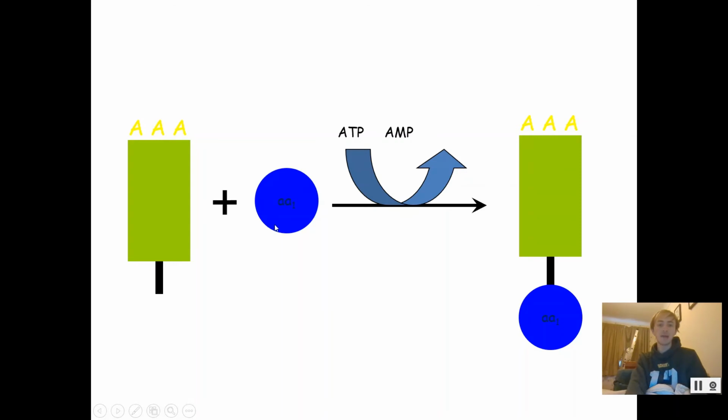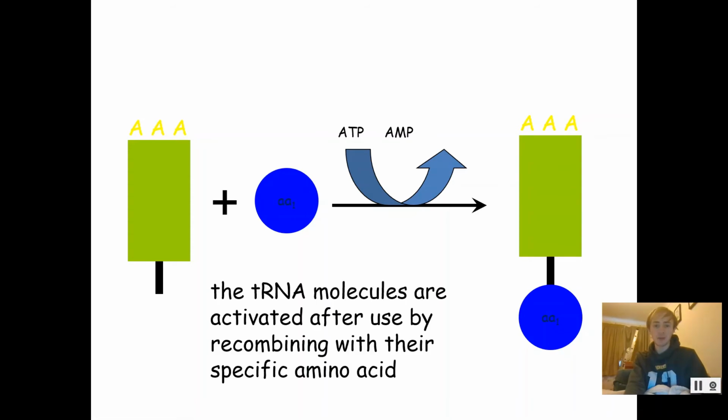And so we need to add an amino acid onto that. And the way we do that is by using ATP. We convert it to something called AMP, but you actually don't need to know that. That's just adenosine monophosphate, so it loses 2 of its phosphates. But all you need to know is we're going to be using ATP to attach this amino acid onto this tRNA molecule. That's what ATP is used for. So what I'd like you to do now, perhaps you could take down those notes, that might be useful for you.